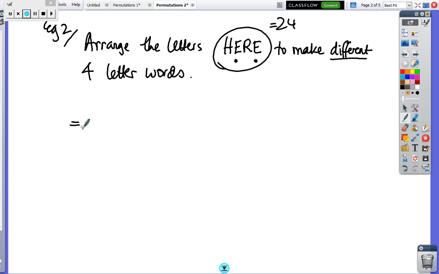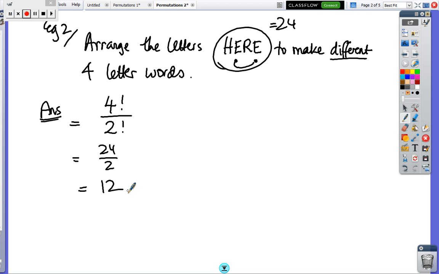So when you have repetitions in letters, we've got 4 things to be arranged, but there's 2 E's, so to account for the repeats on the 2 E's, we just divide by 2 factorial. If there were 3 E's, we divide by 3 factorial. So this would be 24 on 2, so the answer is just 12. Instead of having 24 ways, there are only 12 ways